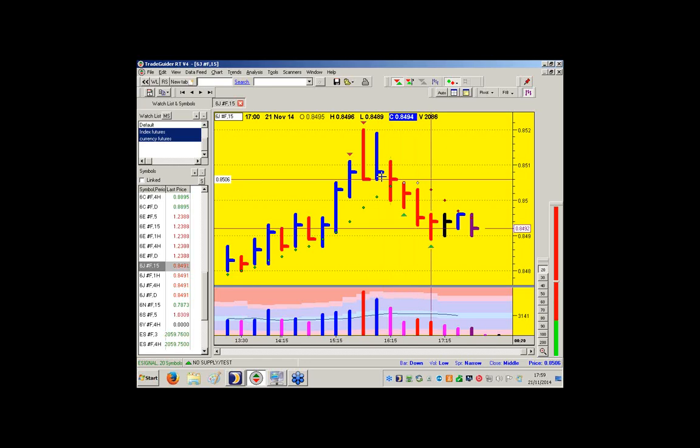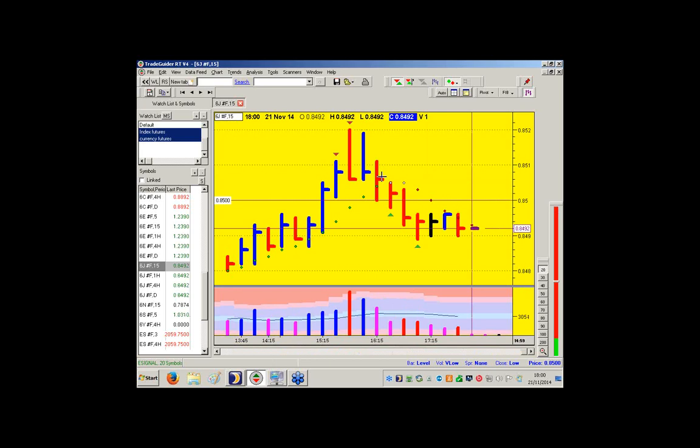Now, what's going to stop that is we want to see stopping volume. We want to see professional money re-entering the market for the long side. And prices have to fall enough to become attractive to these people. But you can't really say it's going to happen at that level or this level. But it's like turning the light on. If you recognize the principle, when it happens, you'll see it. Right? Anything?